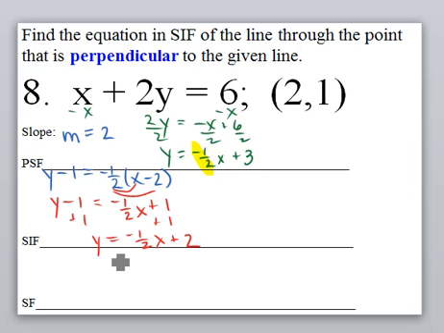Last thing I'm going to do is change this into standard form. Standard form has no fractions, so I'm putting little 2's because I'm going to multiply everything times 2. Negative 1/2 of 2 is negative 1/2 x plus 4. I need to add 1x to both sides. I don't need to put a 1 in front of the x. I can just simply write x plus 2y equals